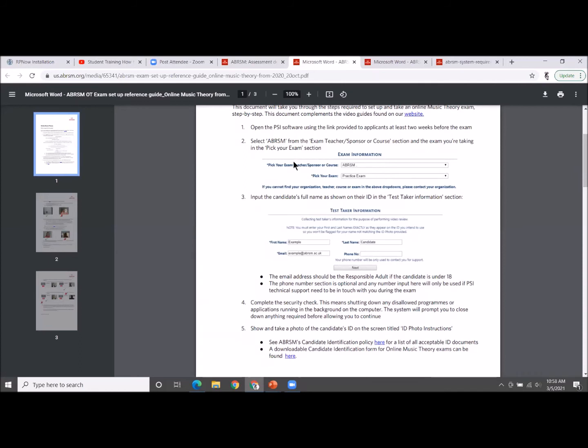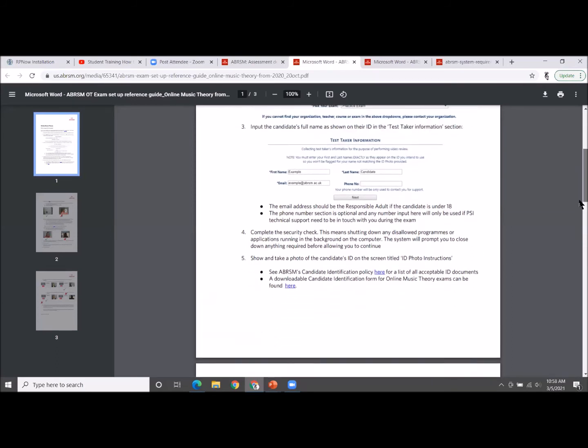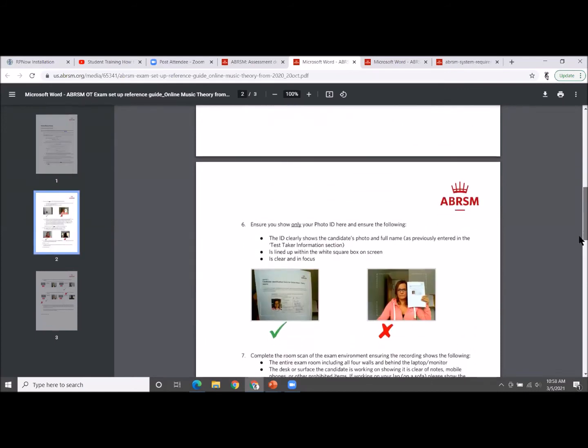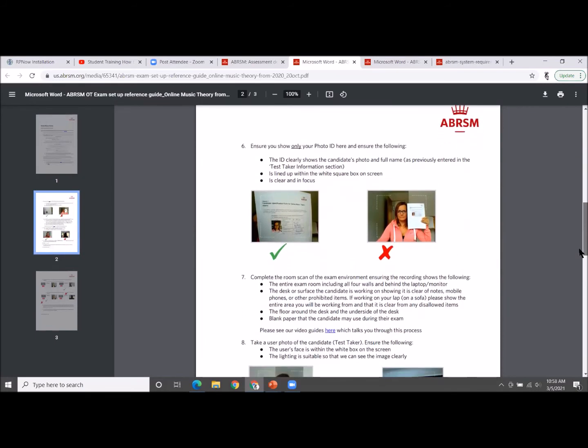And so when you first set it up, after you've gone through those screens of downloading, it will also take you to this screen where you can select what type of exam. You will be given a practice test or the real test when it's exam time. And so you want to make sure you select the correct one. And this is where you would put in the name of your candidate and so on. So all of this information is right here for you.